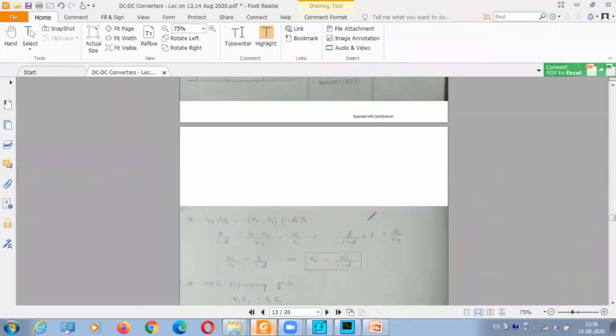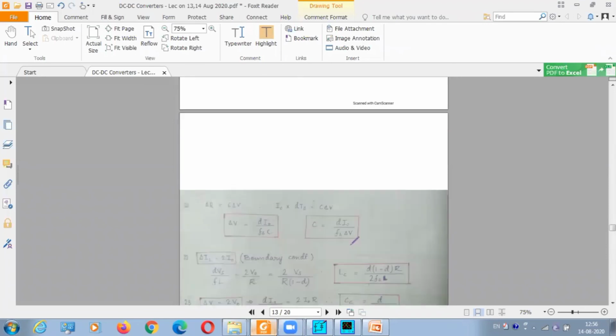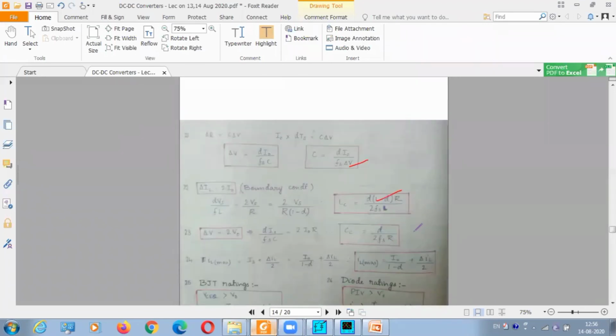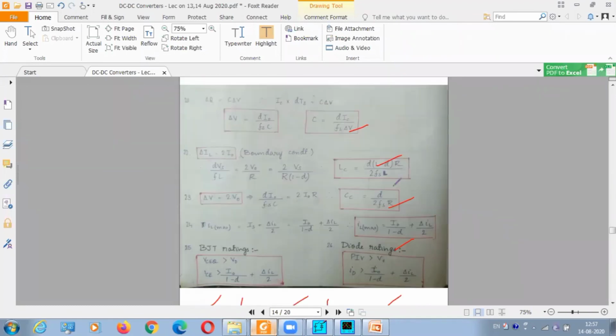And these calculations which I have given in the PDF or the PPT are required for solving problems. Make a column like this: buck boost, and write all the formulas. First one, output voltage input voltage relationship. Then try to relate everything. Try to relate these formulas and study, practice using problems. You will easily remember.